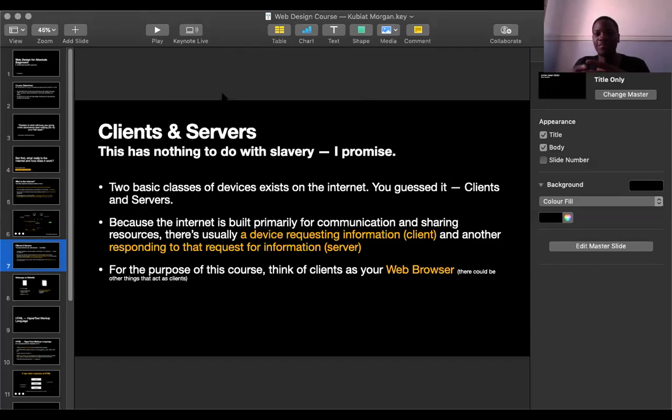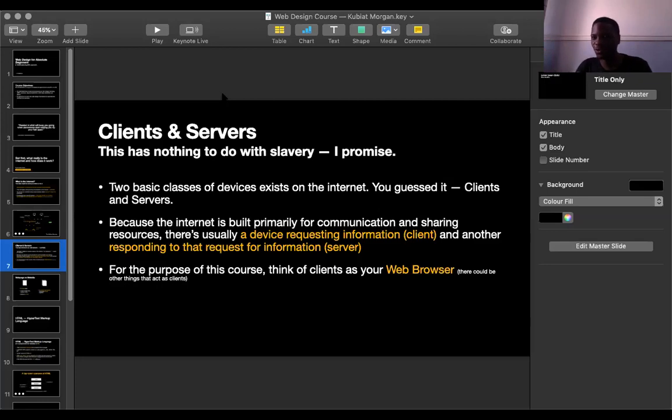It's more like an architecture where one person makes a request and the other is in the position of giving out that response. Think of the basic example we gave with Google. Whenever you're searching Google, you're making a request to Google servers, telling them, hey, I want to know how to make pancakes. And they are in the position to serve that information to you. So we have a client and server relationship existing on the internet.